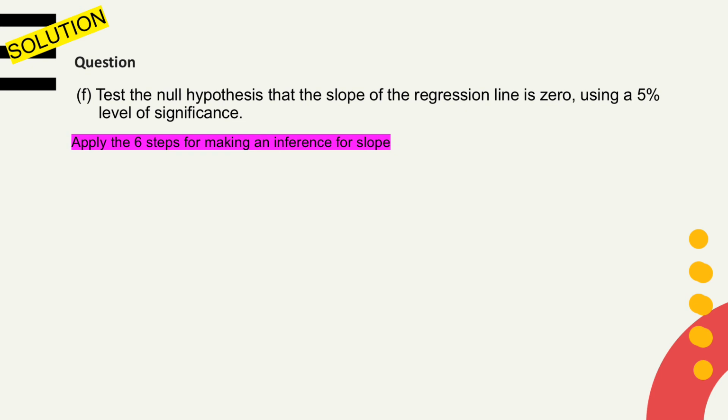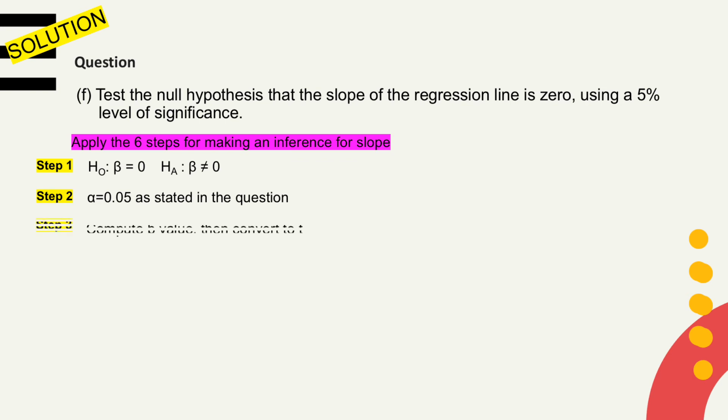The sixth question asks us to test the null hypothesis that the slope of the regression line is 0 using a 5% level of significance. In this problem, we have to apply the 6 steps for making an inference for slope. The first step is to establish the hypothesis. The null hypothesis is given as beta equal to 0, and the alternative hypothesis is given as beta is not equal to 0. In the second step, we have to define the alpha value, which is given in the equation as